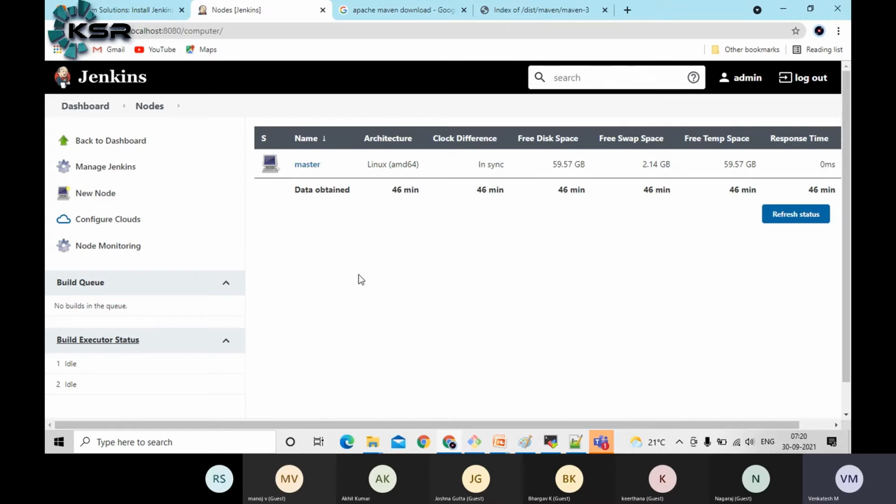At that time, you should have more nodes. That means one will act as the master, and based upon the load, you can add more nodes. So this is nothing but a master-slave configuration. In the master-slave configuration, some jobs you can execute on node 1, some jobs on node 2, some jobs on node 3, something like that. It's kind of a load distribution mechanism.